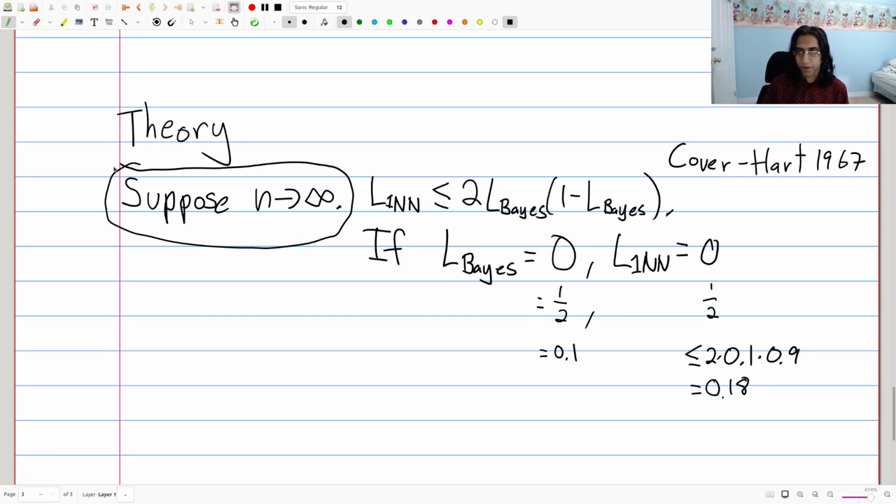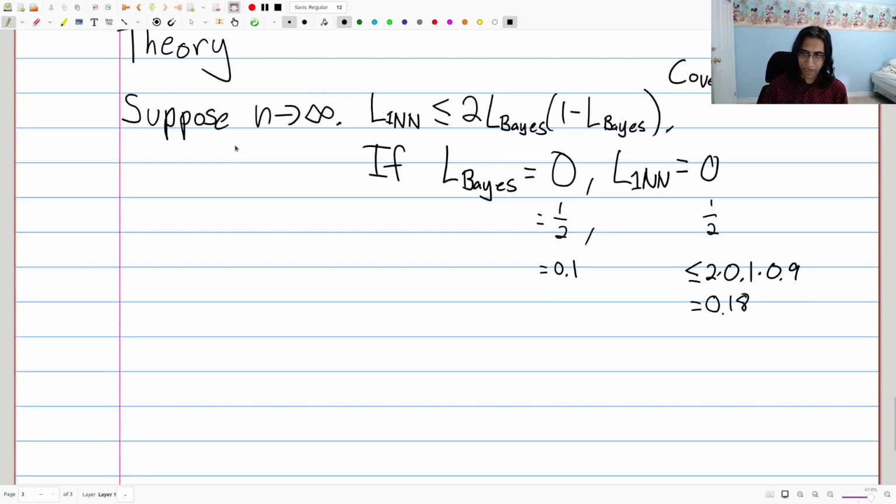So what does that mean when n approaches infinity? How big does n really have to be? If you just had infinitely much data, then there's probably a lot of good things you can do. And it turns out that there's a kind of no free lunch theorem, as they're sometimes called, which says that in higher dimensions, you'll have to pay a lot in order to get down to any reasonable